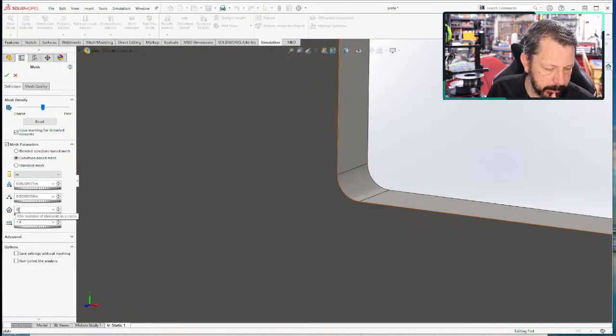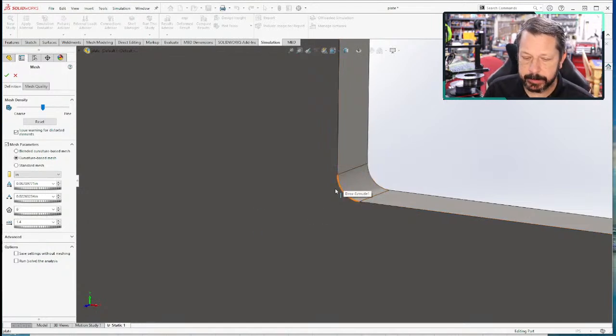So the minimum number of elements in a circle is 8. Since this is a piece of a circle, we could just bump that up. I think these numbers are also controlled. Yeah, they're also controlled. Actually, the minimum number for the circle is not. So we could bump that up to a larger number. Let's just double it. And